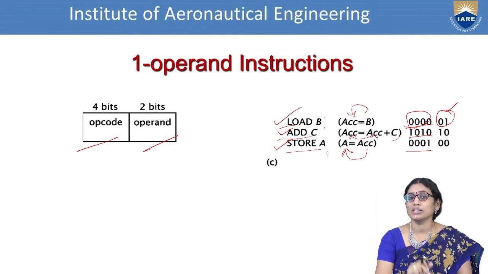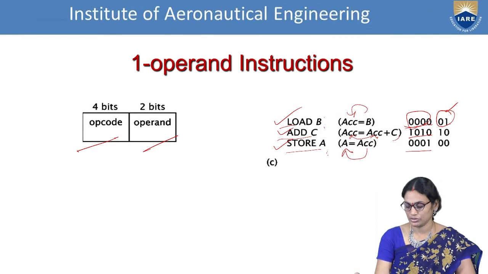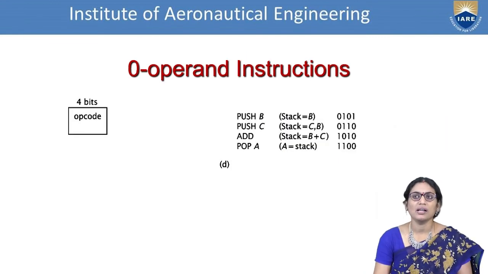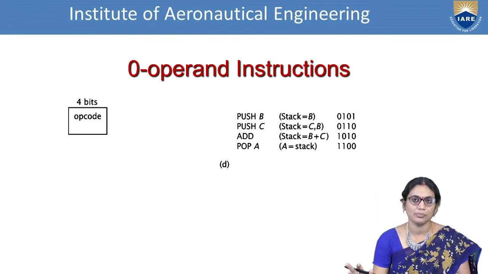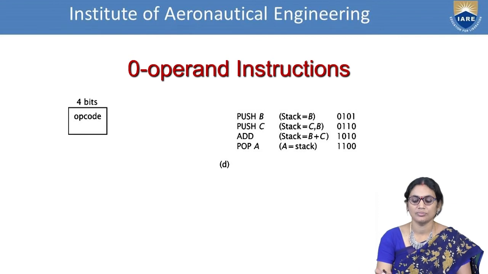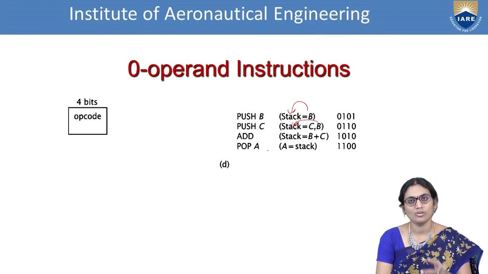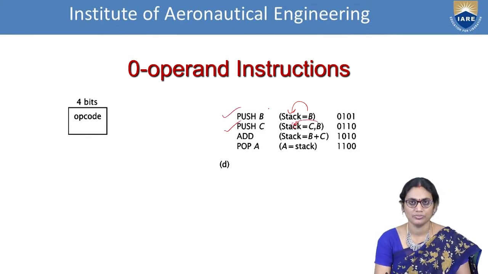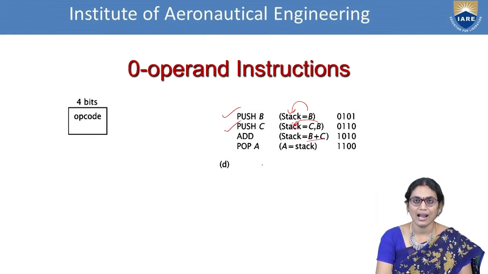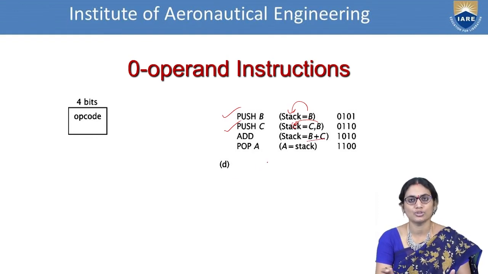Now we are left with the next one, which has completely nil operands. So we call this 0 operand instructions. Now what do you mean by 0 operand instructions? We don't possess any data operands as a separate entity. We just use the stack operations to perform the task. So in order to consider this, we'll have the same case. We are loading B into the stack. Then we are loading C into the stack. As I am loading the data onto the stack, we call these push operations. Now I am loading the operation add. Now I am performing the addition of those 2 numbers.